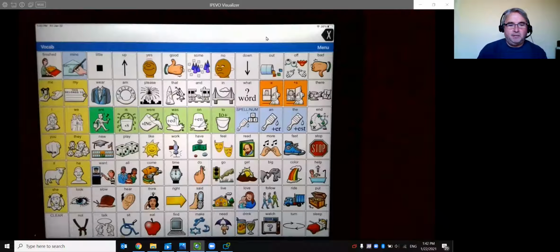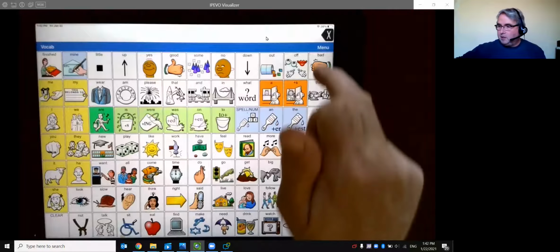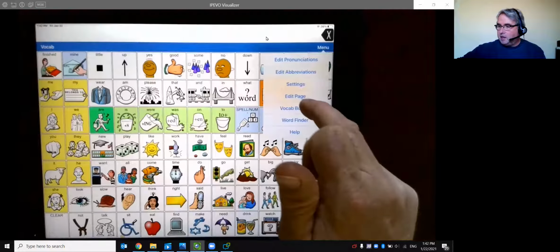So now what we've decided to do is to take the drink, because they love juice, to take this one key out of the 84 keys, take this key to the sequence level or the transition level. All right, watch how simple this is. See the key you want to move to the transition level. I see you, drink. Hit menu, hit edit page,